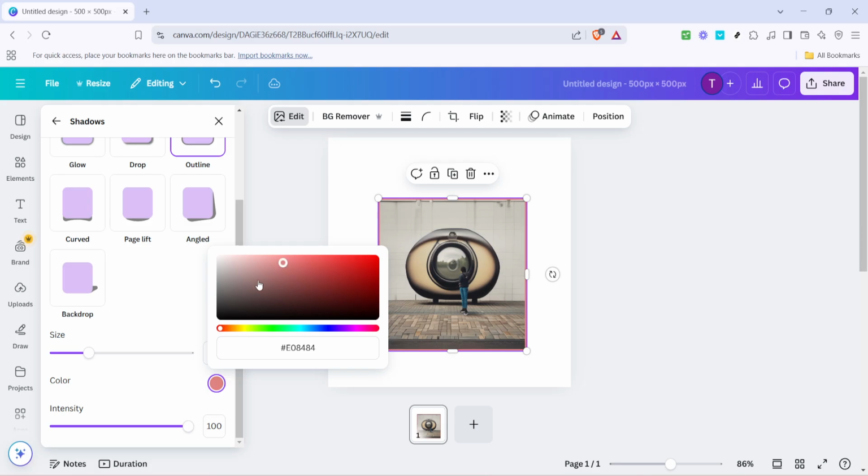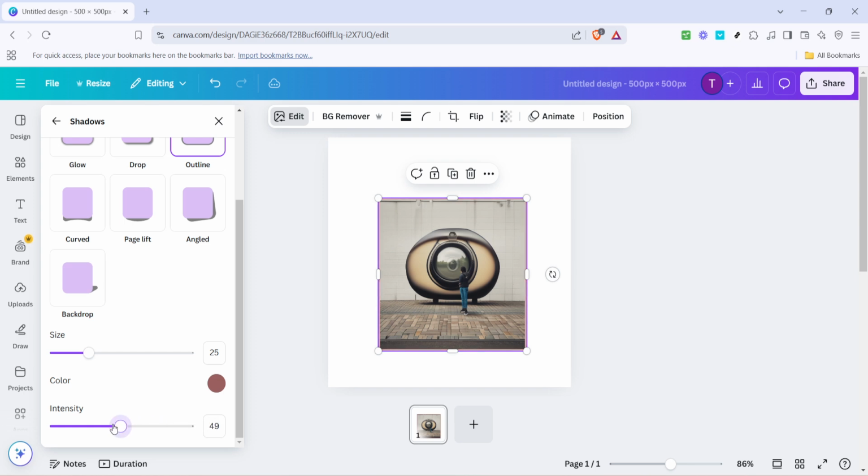Finally, there's the intensity slider, which adjusts how solid the outline's color appears. This can enhance visibility or add a softer feel depending on your requirements. Lower the intensity for a more faded look or crank it up to make your design elements truly catch the eye. Once you have the outline designed to your liking, click Apply to save your changes, and that's all there is to it. You've successfully outlined your image in Canva, giving it a polished and professional look that will captivate